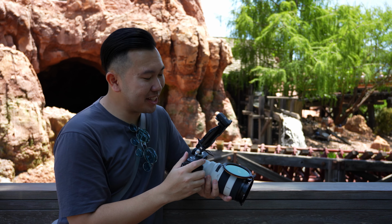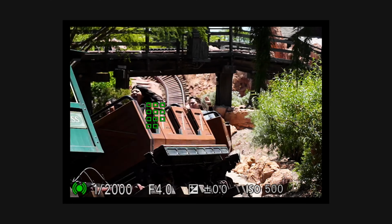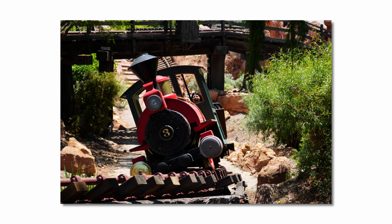So that was 11 frames per second, actually kept up really well. But I do wish there was a slight bump in the frames per second, maybe something like 15. For several years now, the APS-C community have been looking forward to the mythical Baby A9, where we would get